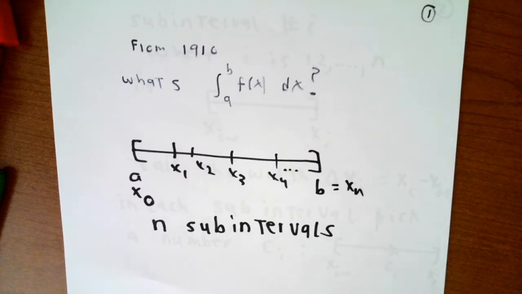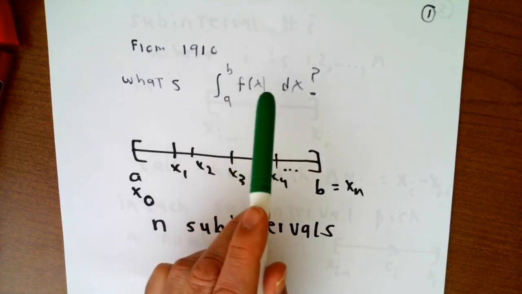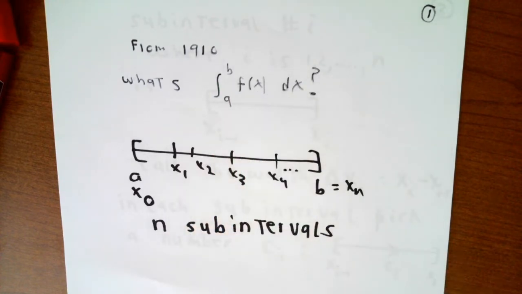This is a rewrite of our discussion on the definition of the definite integral. If you remember from 1910, you had the definite integral from a to b of f of x dx. The way people often think about this is that it's just the antiderivative method. If you go back and look at the original definition, though, you'll find out that it's much more